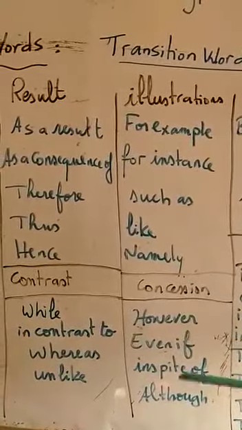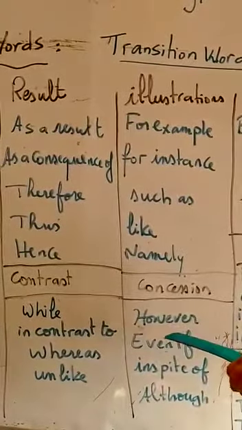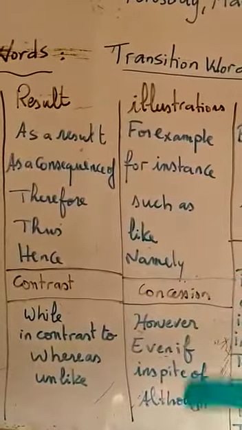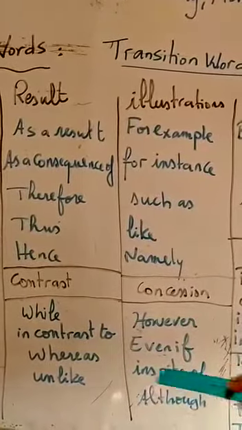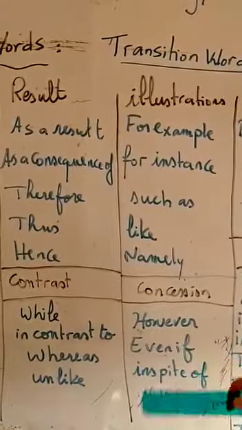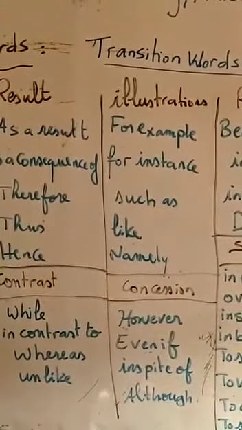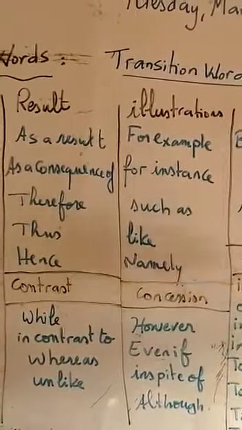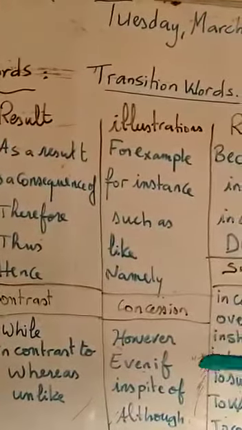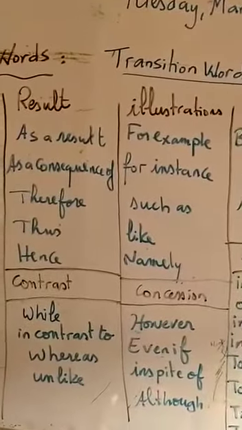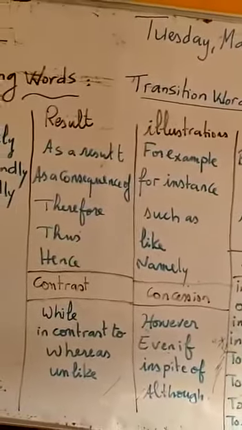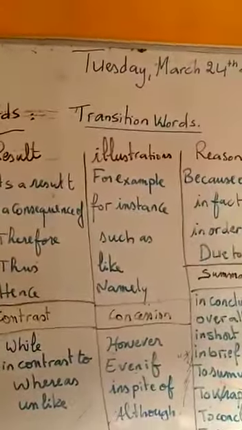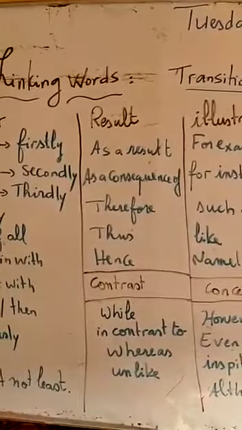شنو قلت؟ I like orange juice however now I'm drinking apple juice. Although I like orange juice now I'm drinking apple juice. In spite of the fact that I like orange juice now I'm drinking apple juice. So please dear students, these are some of the linking words اللي عندهم functions مختلفين ولكن all of them ان شاء الله الاستخدام ديالهم not all of them of course الا عقلتي غير على جوج ولا ثلاثه من كل function is really enough باش يعاونك باش انك تخدم الرايتين ديالك لانه هو الكويز اللي غيكون عندنا ان شاء الله